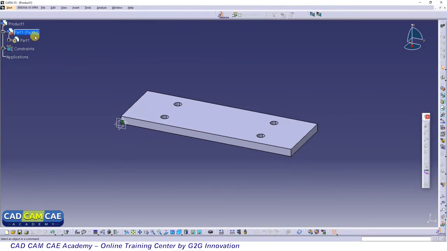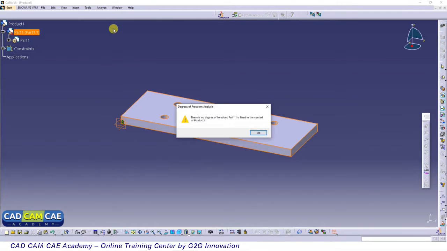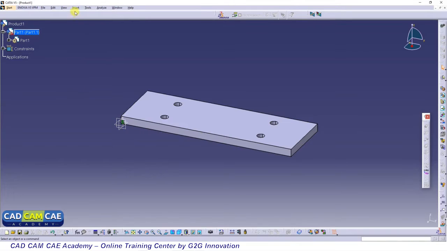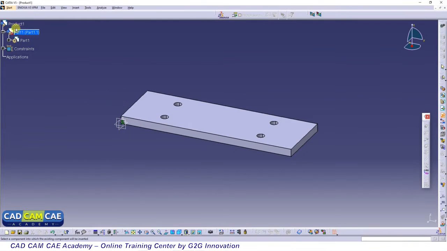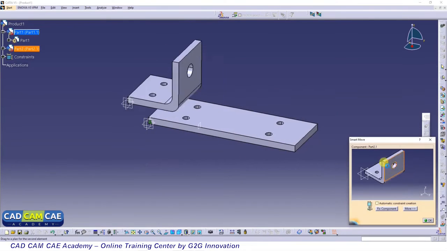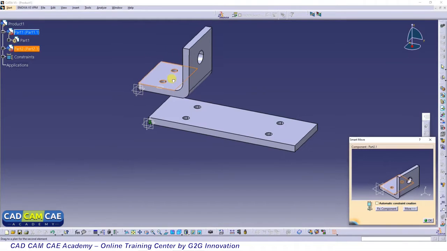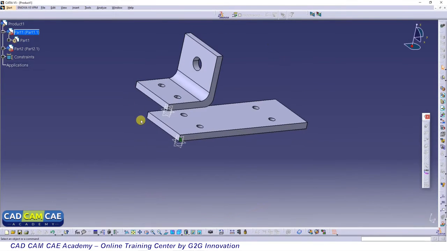Now we can analyze that. Click on the part, click on analyze and click on degree of freedom. So we can see there is no degree of freedom for part 1. So let's insert the next component, and now we will be using existing component with positioning. Click on the product, we will be inserting support, drag it and place it temporarily somewhere, click OK, and now we are going to use 3 different constraints to